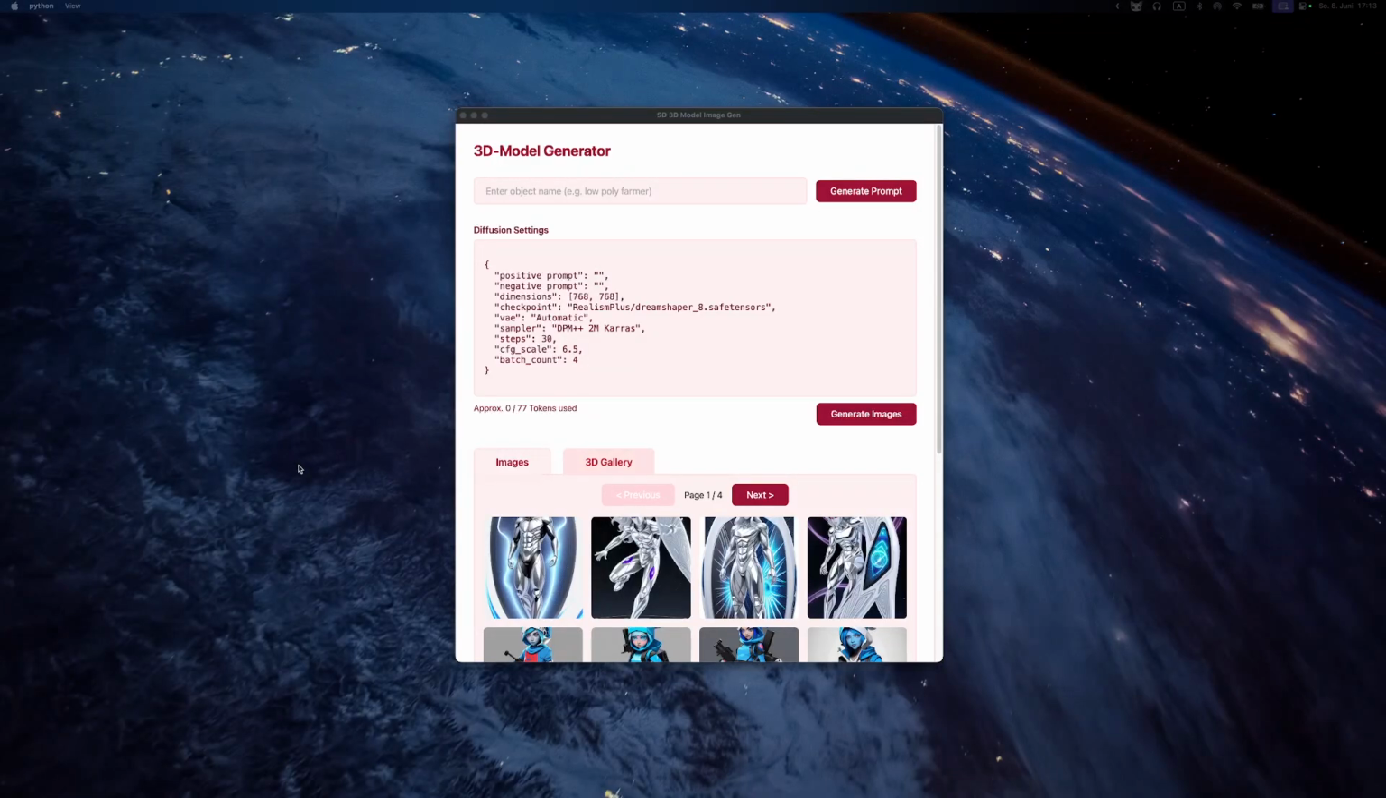Hello, this is the 3D model generator. It's a front end for several AI models. It kind of works like a Stable Diffusion front end. Now, what makes it different from Stable Diffusion Web UI or Comfy UI is that it streamlines the whole process